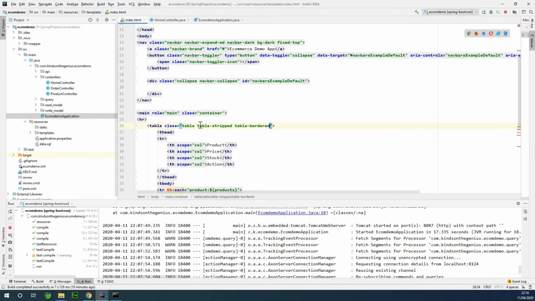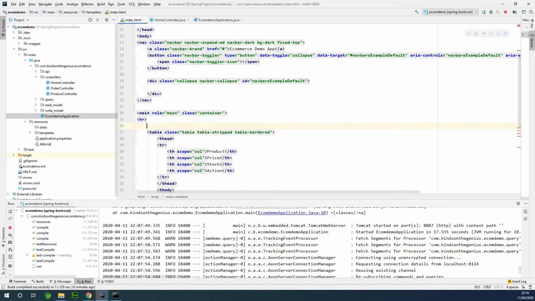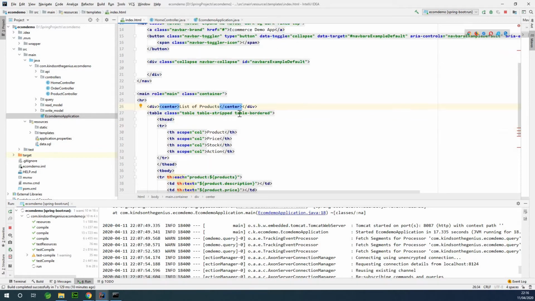And I would also like to add a caption just above the table. I'm going to use a div tag, and I want to center this text I'm going to add. Let's just call it list of products. Okay, so now this is fine. I would like to do exactly the same thing I did here with the, let me see, this is class. Okay, so